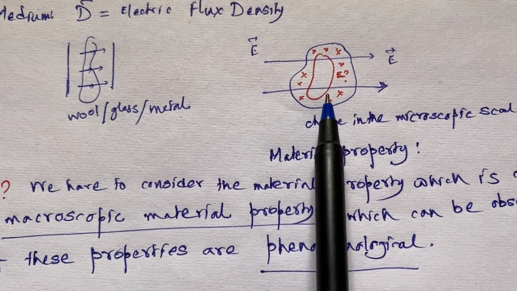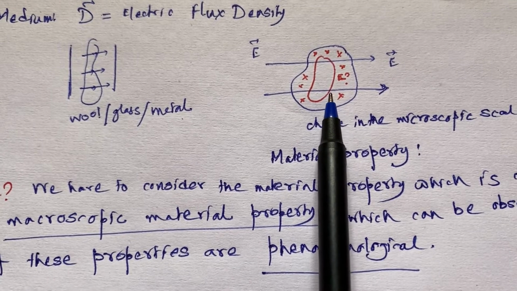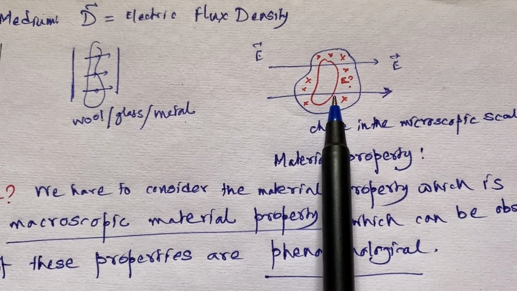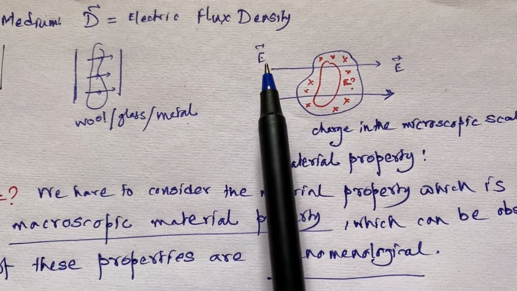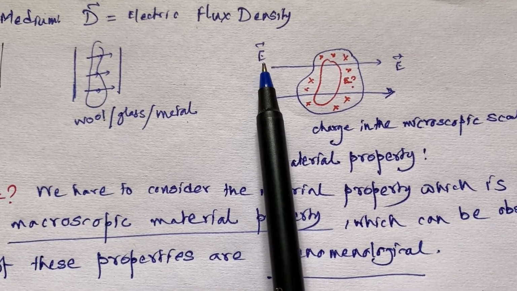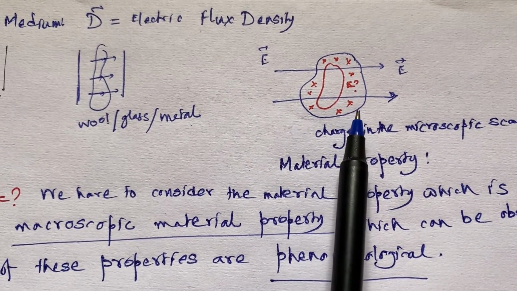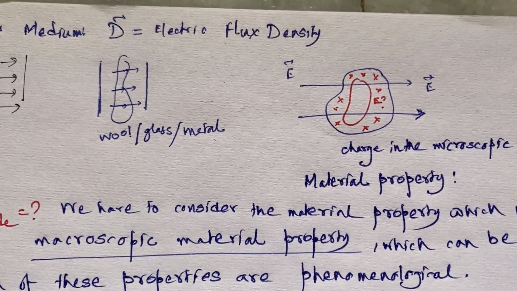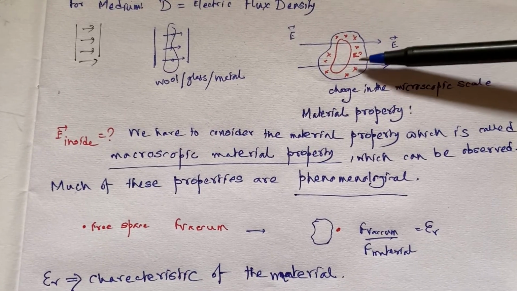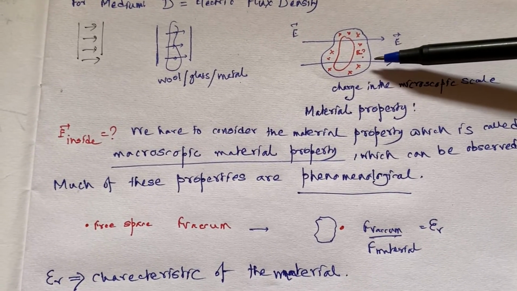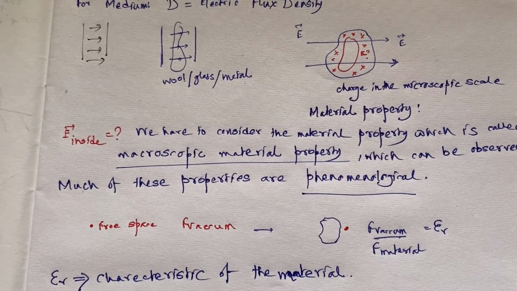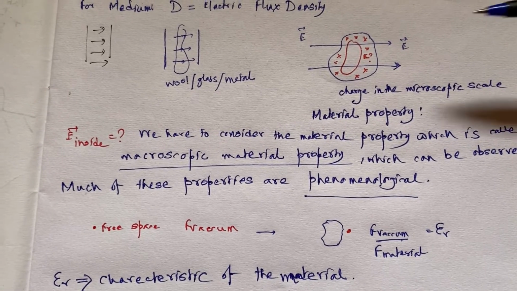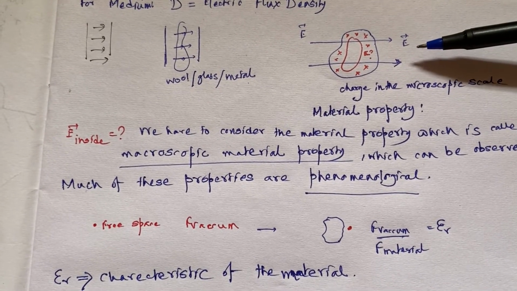So when we are placing some material here instead of vacuum, this electric field E has been modified due to the presence of the material because of the electrons inside the material. And as we have a charge configuration at the microscopic level, this electric field has been modified,